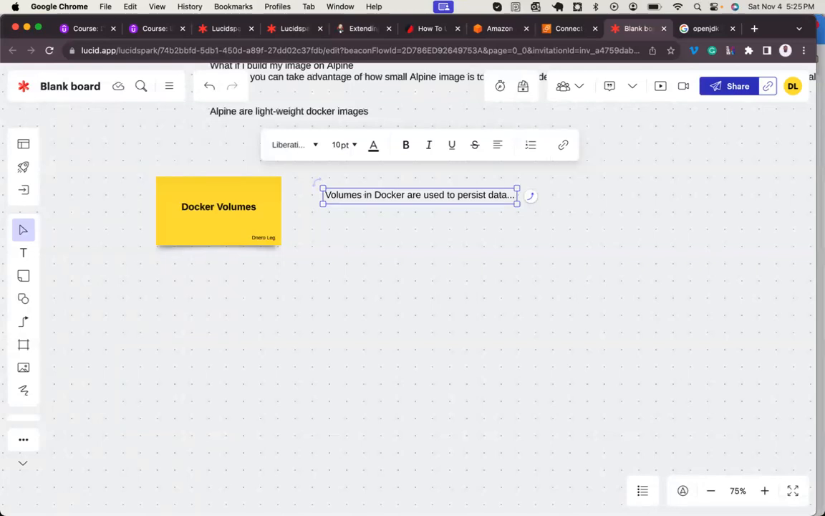So all the while, we have been creating containers, and we don't know where all the data from our container is going. It means that if we delete the container, we're also going to lose the data that were created by this container. So to avoid data loss,